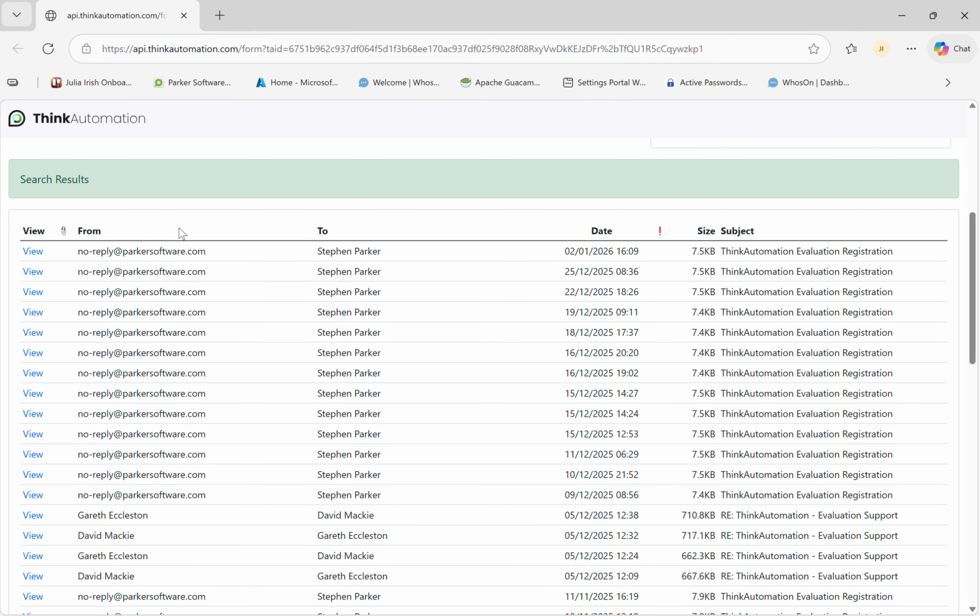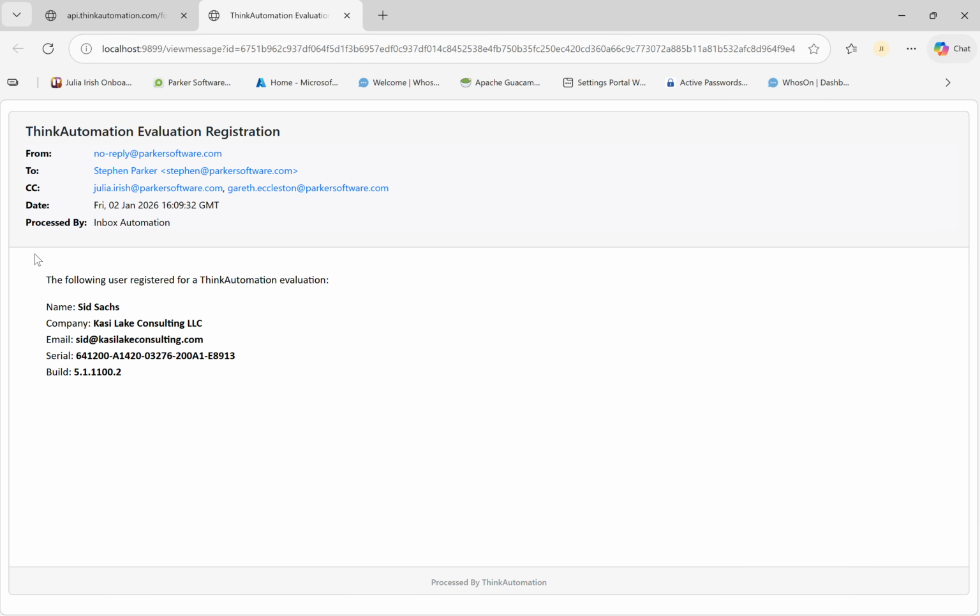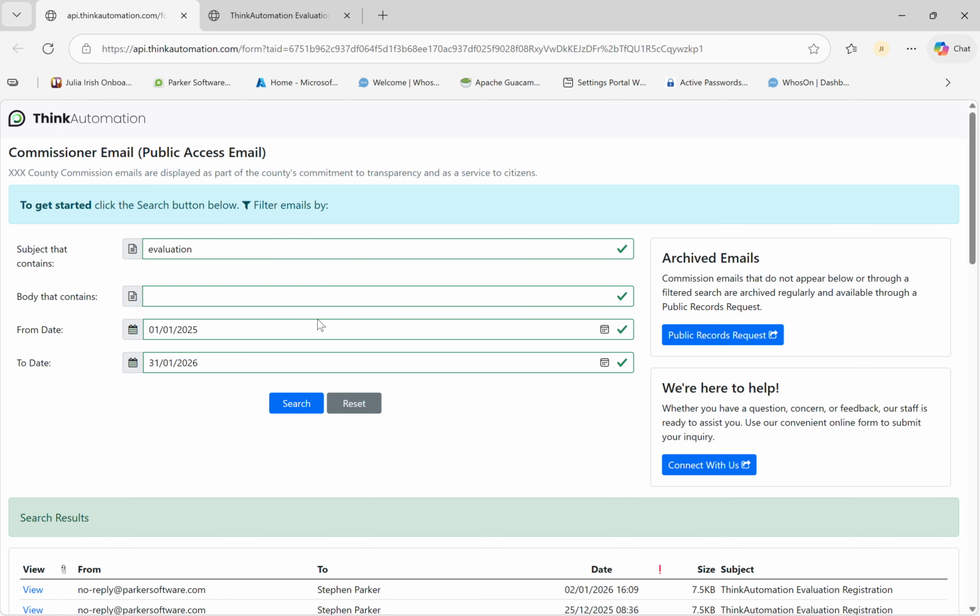If I click on one of these messages, you'll see the full email content displayed. And if the email included any attachments, those would appear here as well, fully accessible and downloadable with a single click. I'm going to search for something that has an attachment. If I click reset now, it goes back to the main one. I can type in